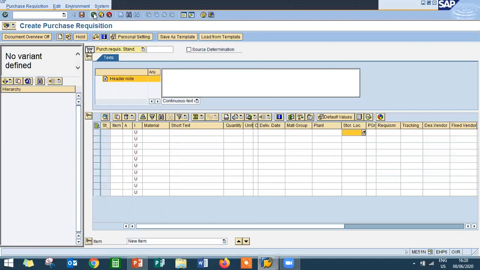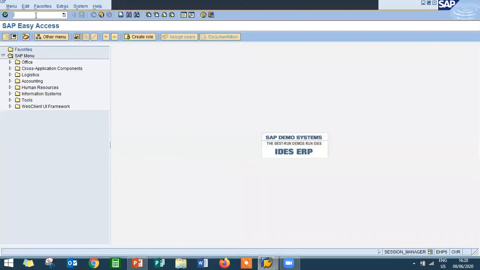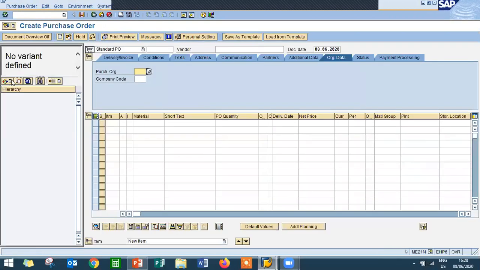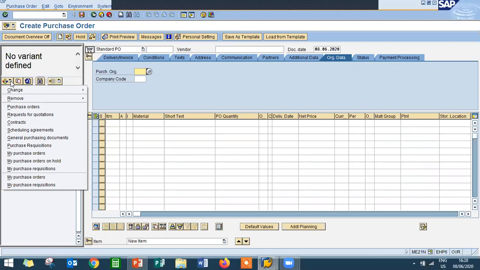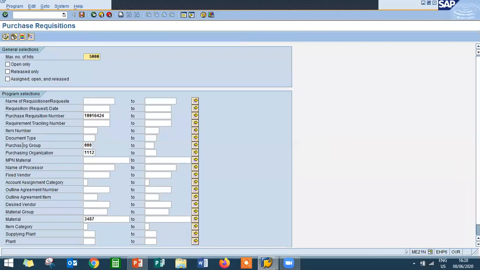Go back. Now go to purchase order creation, ME21N, for purchase order creation. So now we have to select the purchase requisition. Execute.